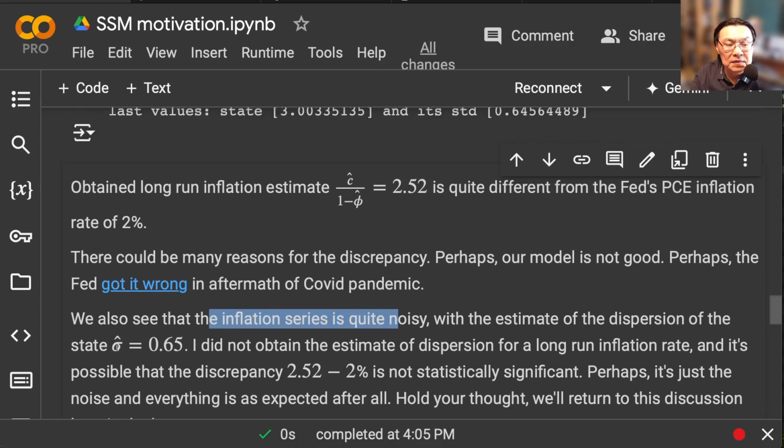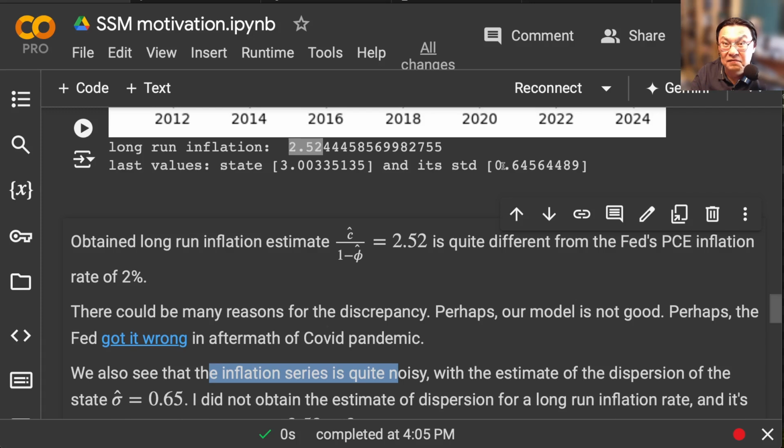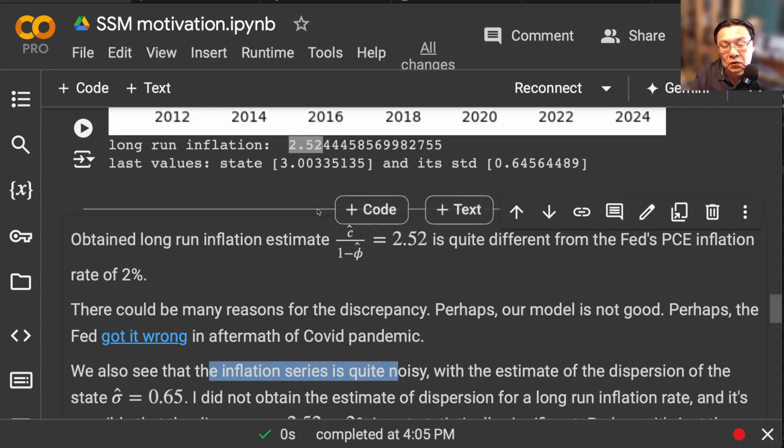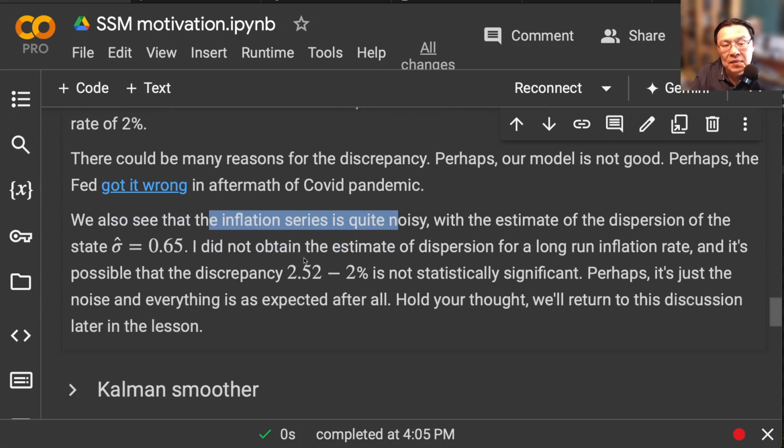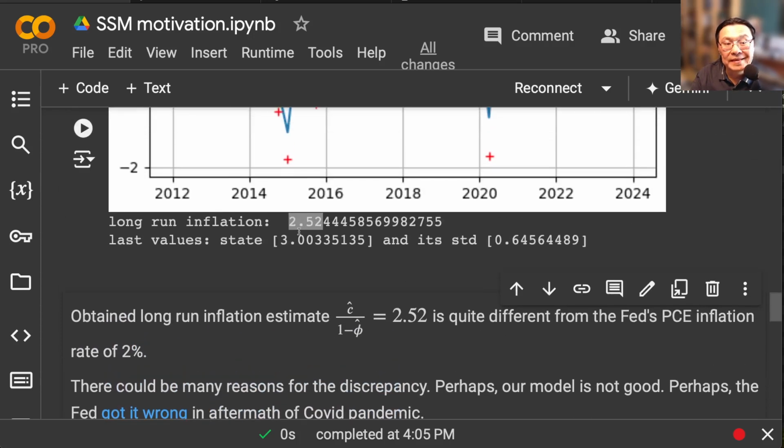we can actually see that the estimate of the inflation rate itself is about 3% inflation and the estimate of the error is 0.6. That's quite a lot. So 0.6 compared to 2.52 suggests that maybe the difference between 2.52% and 2% is not statistically significant. I do not know it here. Why? Because I didn't estimate